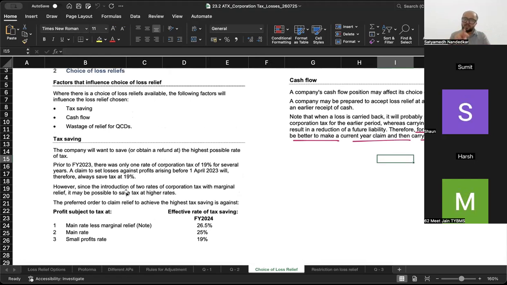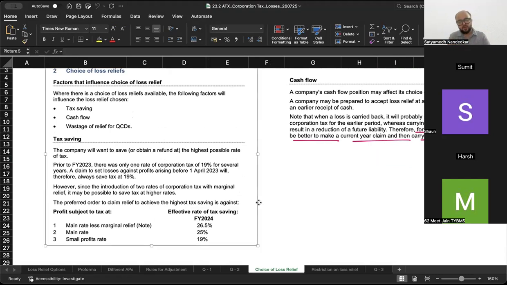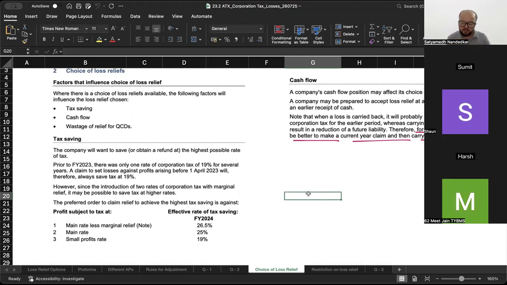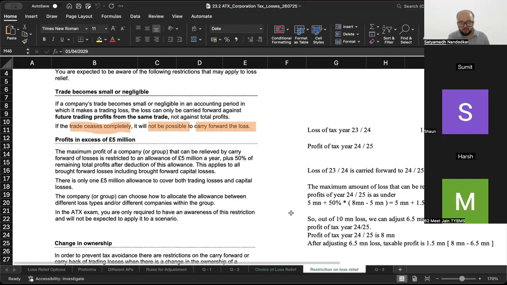The loss should be adjusted in that year first, where the profit is somewhere between the upper and the lower threshold. If you are adjusting losses, if you carry it forward in the future, तो क्या होगा, future liability will reduce. If you carry it backward, because 1 year carry back after current year adjustment is allowed, then in that case you will get a refund of tax that is already paid. So that factor will have to be taken into consideration when you are making a choice of loss relief.